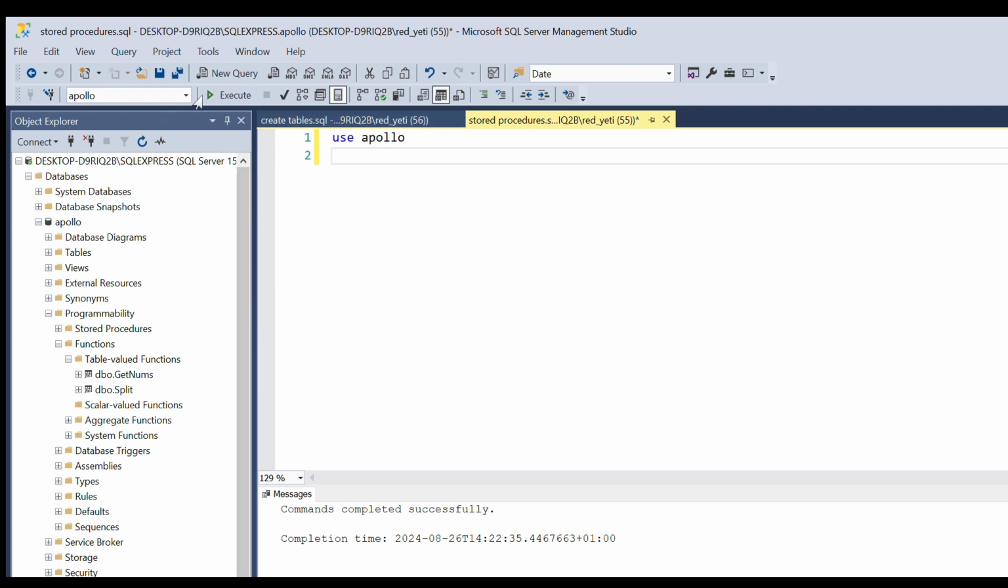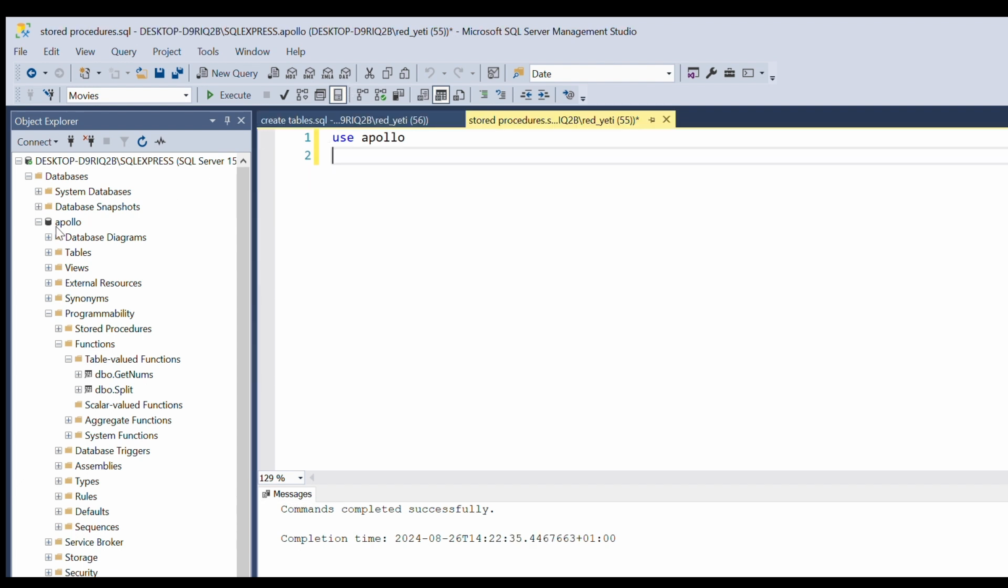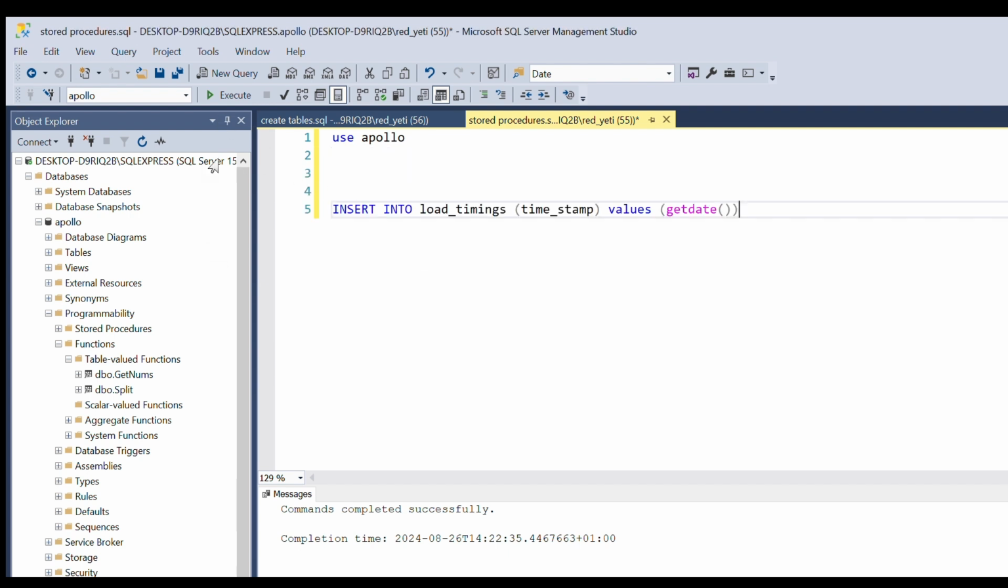So let's hop straight into an example, and hopefully this will make more sense. We have this table called load timings, which in this example could be used during, for example, an ETL process. What we would be looking to do is drop the date time into this table whenever something happens. If we were to do this in a query, it would look something a little bit like this: